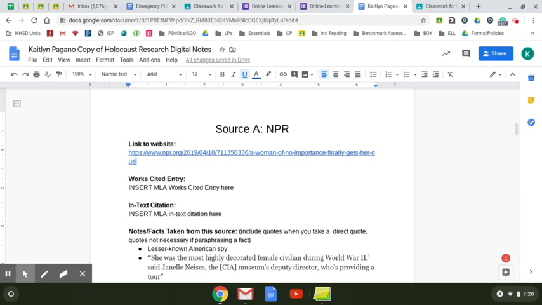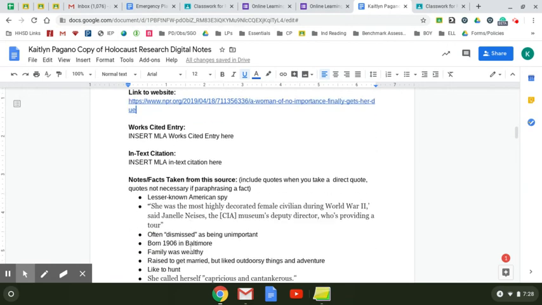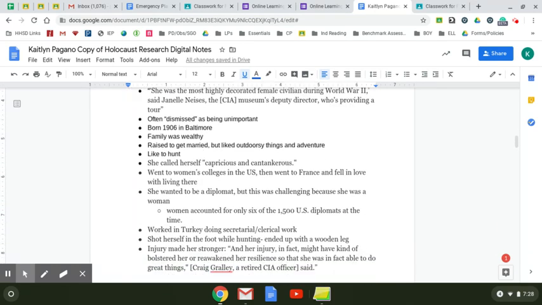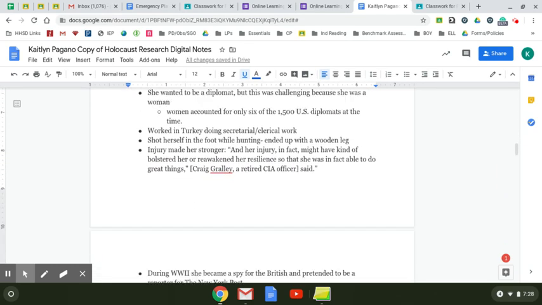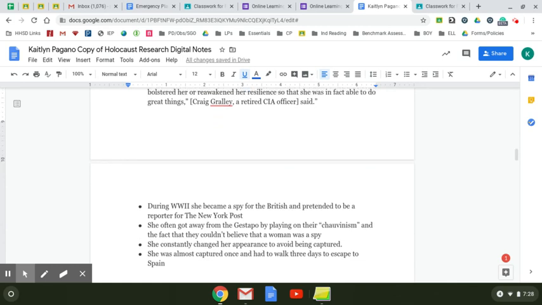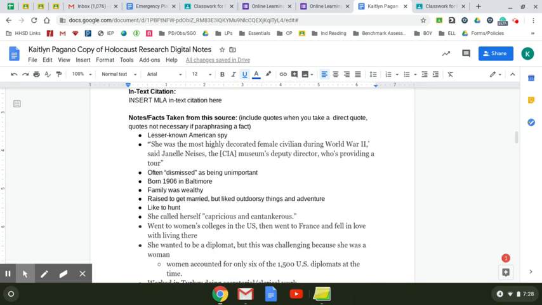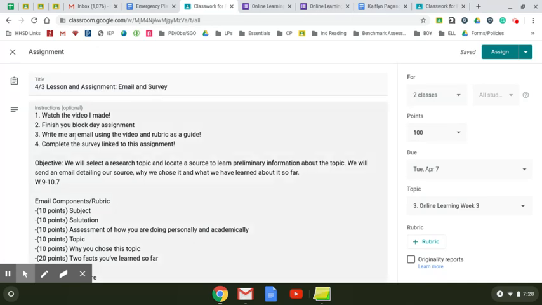And then you should have filled in at least 10 facts about the source. You might have even gone to the next page. So that's the first step, or the second step really: finish the block day assignment and make sure that you turn that in